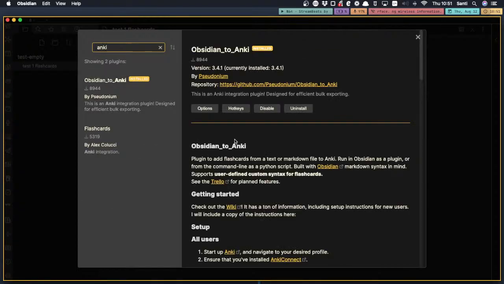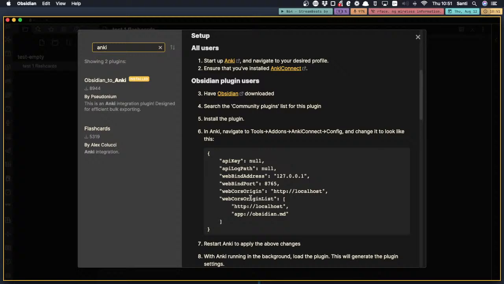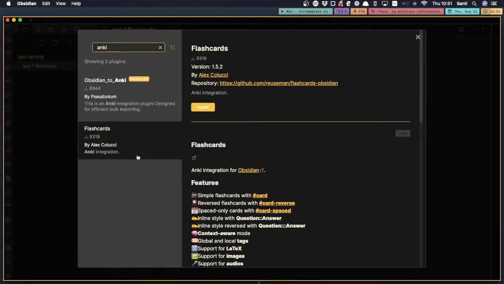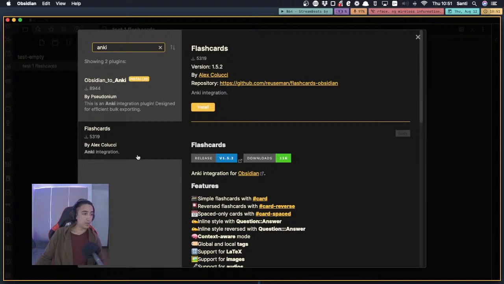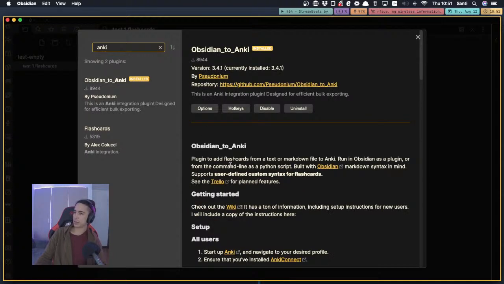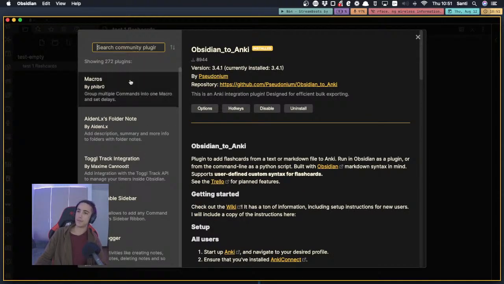Obsidian to Anki. I've used this one, and this one also uses the tag flashcard. And I've also tried this one, which is flashcards, and this one, of course, uses similar tags. This one actually by default uses card. I believe this one uses flashcard. So either way, if you've been testing one of those, and you want to